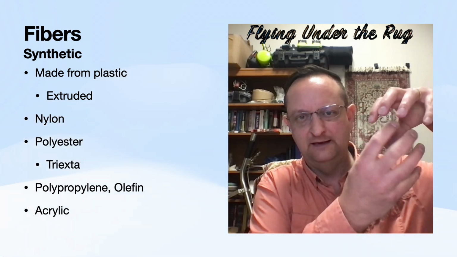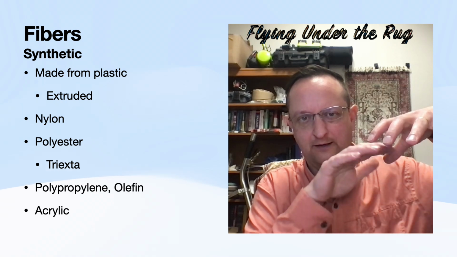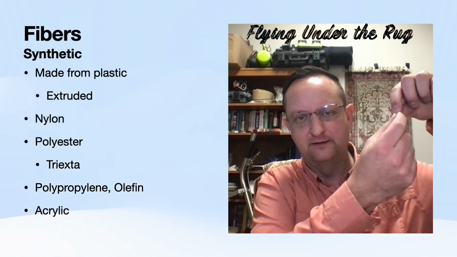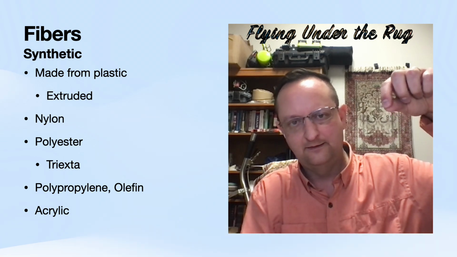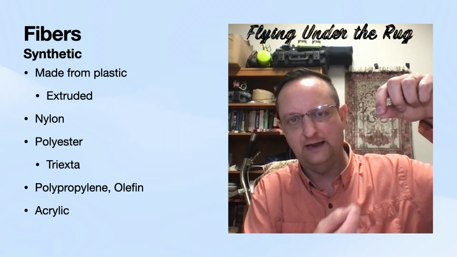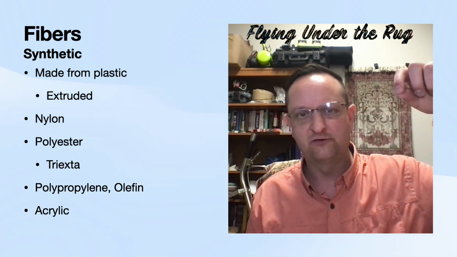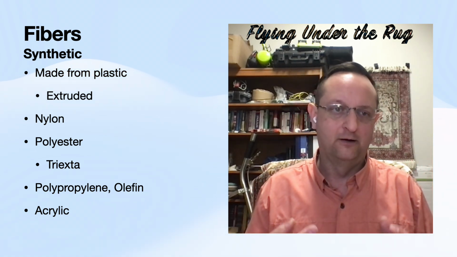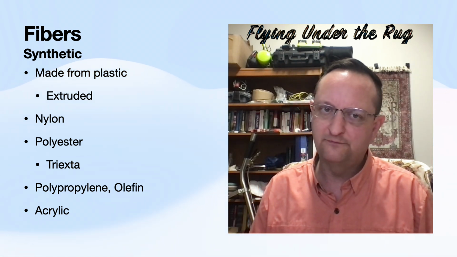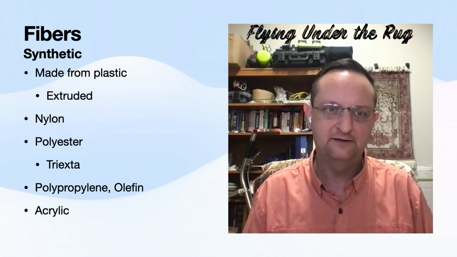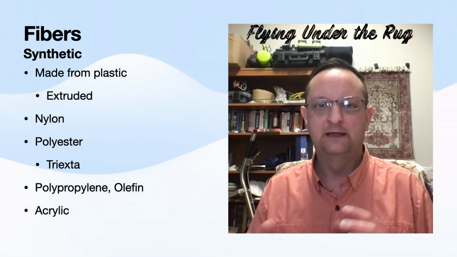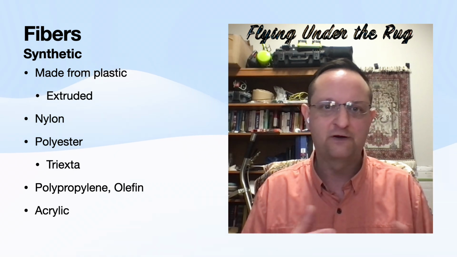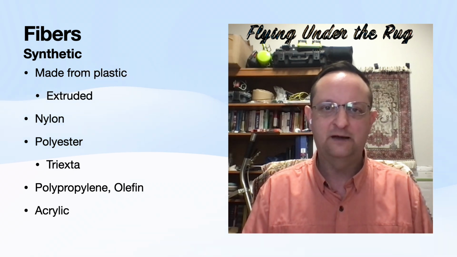It's almost like Play-Doh being squeezed through one of those little Play-Doh thingies. The fibers come out, and as they come out, they cool and harden and turn into a plastic fiber. There are really 4 different kinds of these plastics. You've got nylon. In nylon, there are 2 different kinds, and there are several different generations or variations of those nylon fibers.